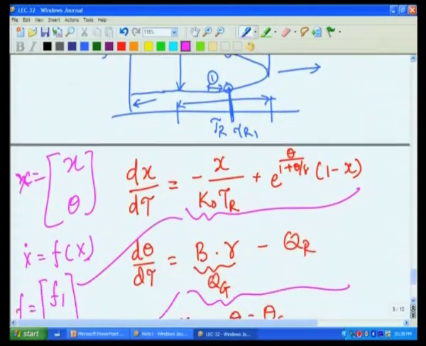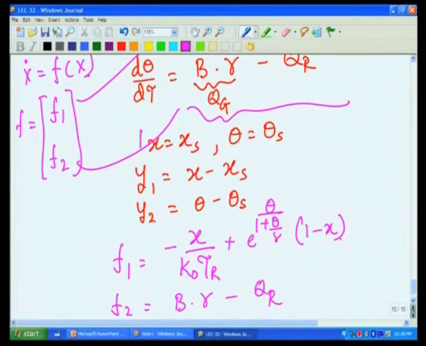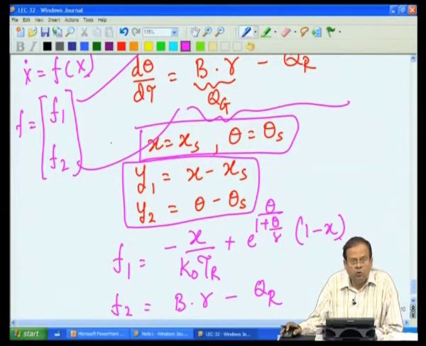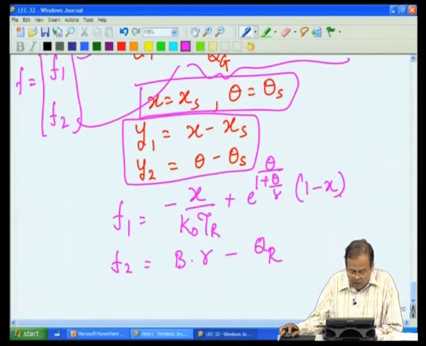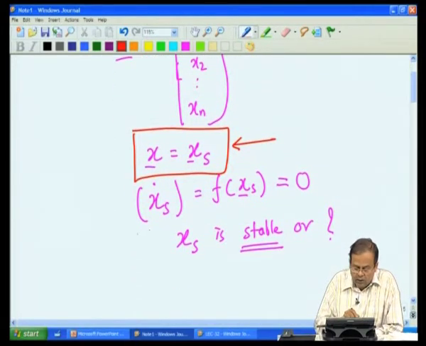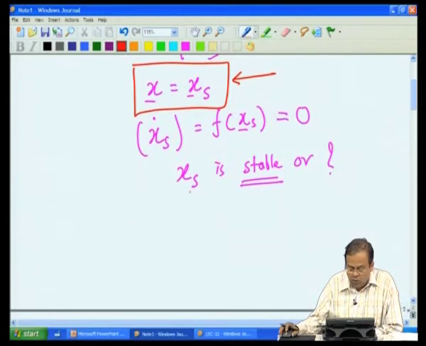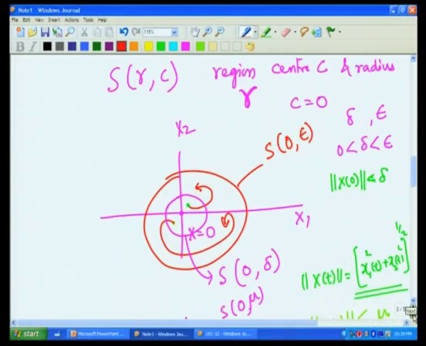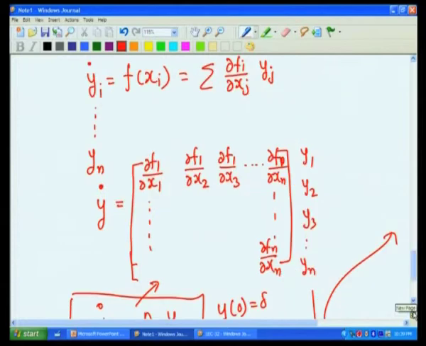So, I am trying to look at those solutions x equal to x s, theta equal to theta s, for which I define my perturbation variables y 1 and y 2 as x minus x s and theta minus theta s, such that I can write my solution of x dot equal to f of x in terms of my dimensionless quantities,